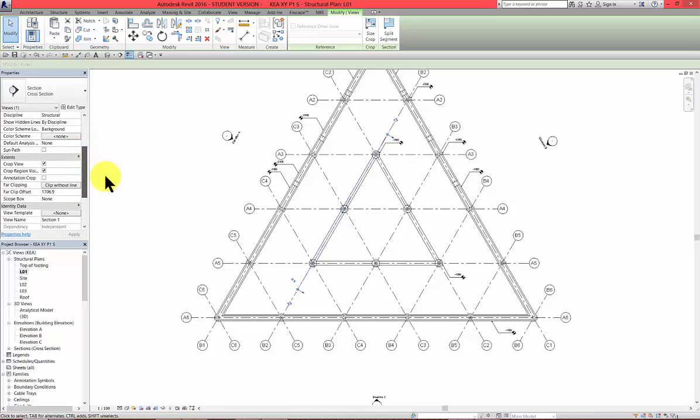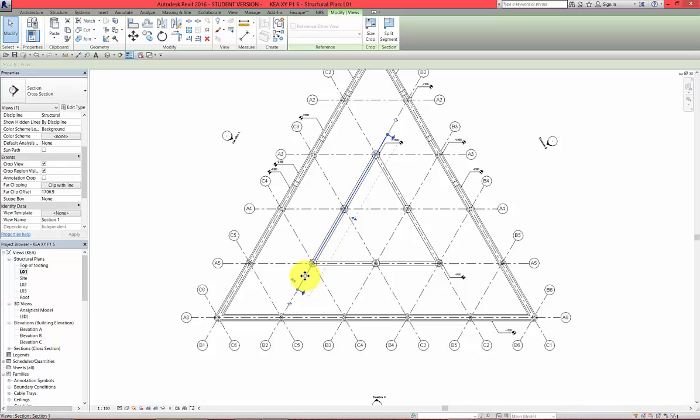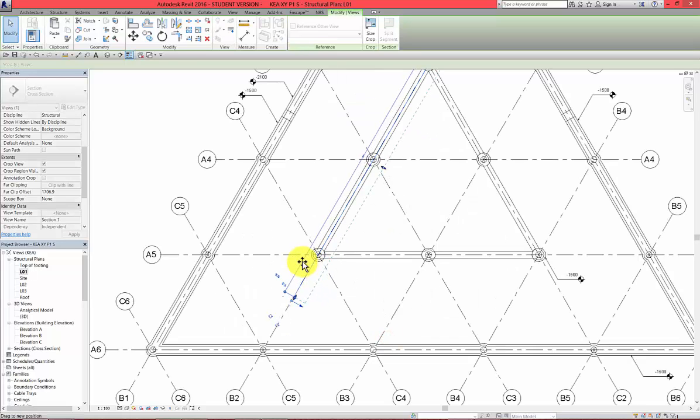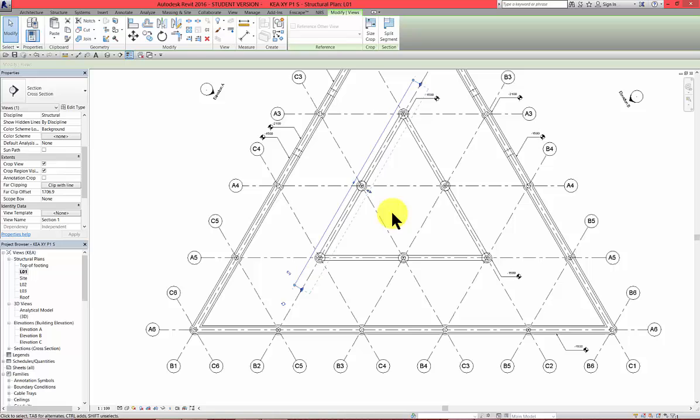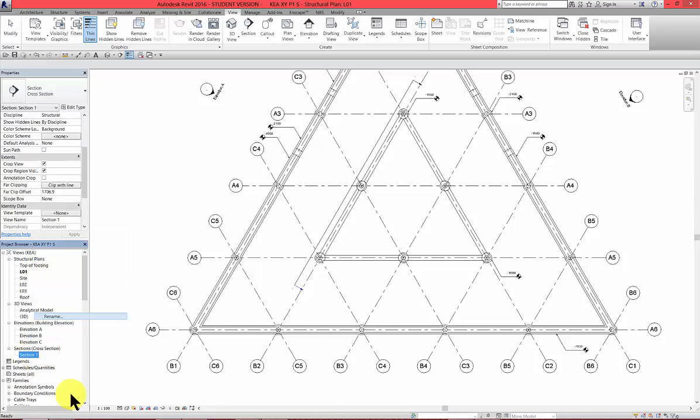If you don't see the blue dotted line, make sure that in extends the crop view is selected, the crop region is selected, and then make sure that you have clip with line. Then once that's done, move out the line, so that line should start before the wall and this line should cover the wall and finish just after. That's one section, and that section can be found now in sections here. Section 1, we can call this section A,